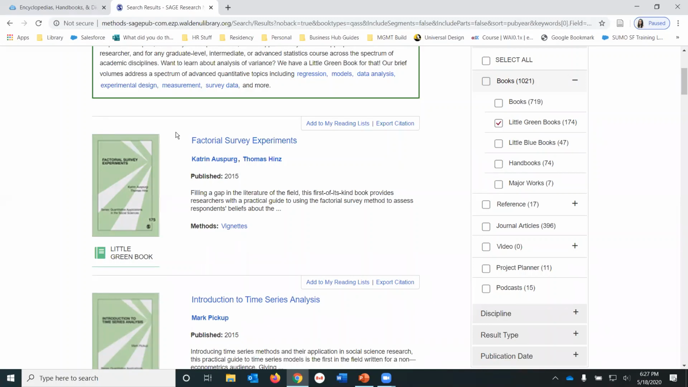But these little books, I think I had a faculty tell me that these used to be in print. And so when you used to go to a brick and mortar library, you'd have these on the shelf. So you would know that when you picked up a little green book, it'd be quantitative. When you picked up the little blue book, it'd be qualitative. So if you click on one of these,